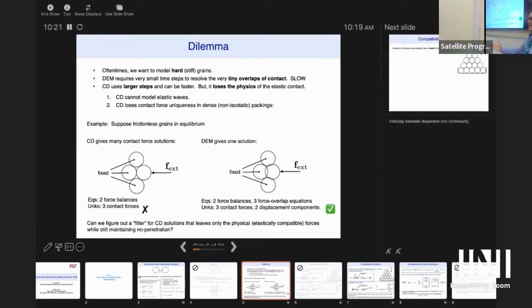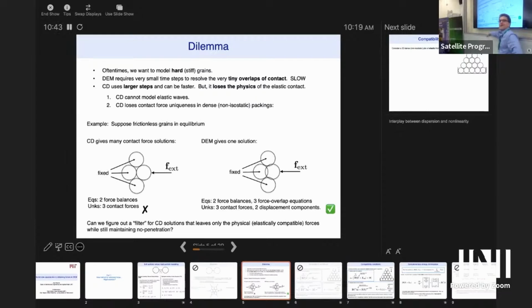I want to do contact dynamics. I wanted to find this solution, but I don't want to have to track those tiny overlaps. I want to treat them as rigid particles that somehow have some knowledge of elasticity to find these answers. Can we figure out a filter for CZ solution that leaves only the physical, that is the elastically compatible forces,